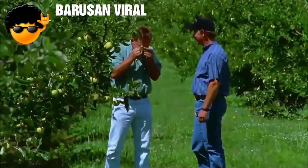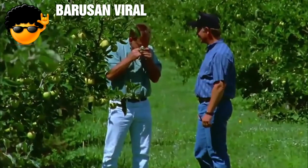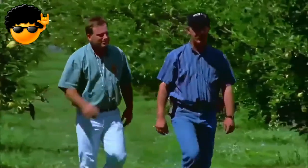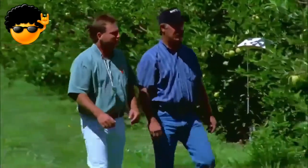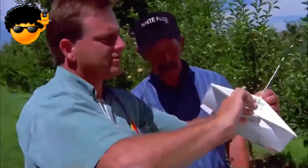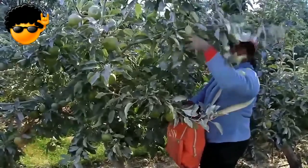This and other advanced approaches to pest management, along with the arid conditions of the desert and the cold winters, keep the pest population well in control. So much so that Washington apple growers are world leaders in the reduction of spray use and implementation of safe